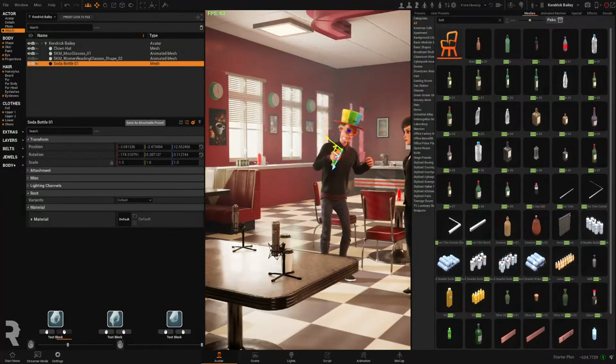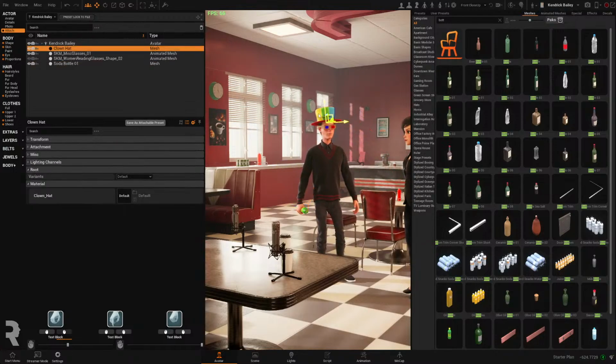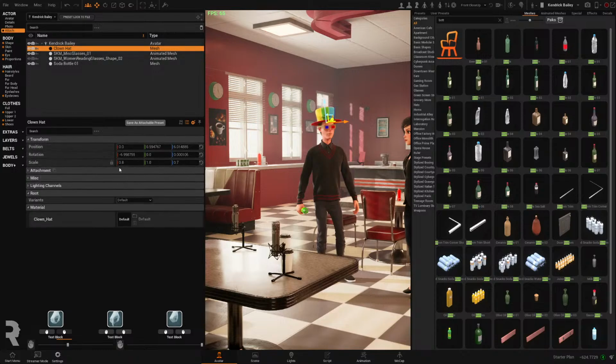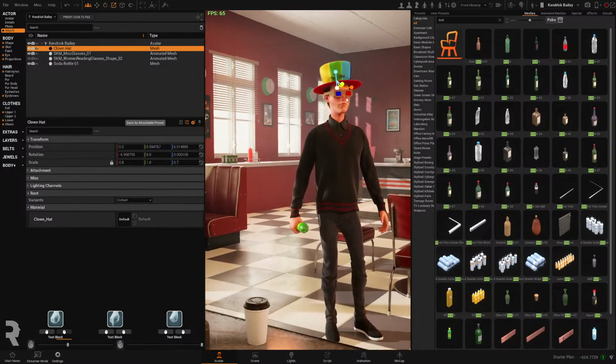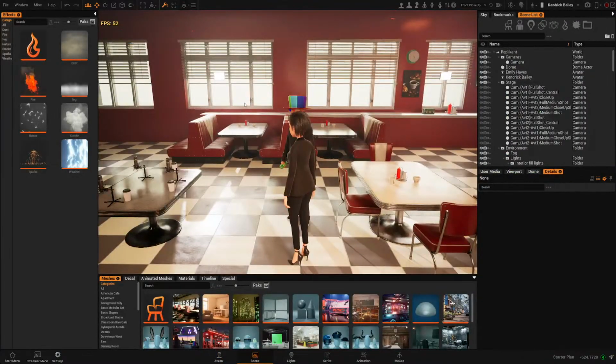Now let's look at the other way. Like for example, the hat here, I want to have that a little bit bigger. Let's do that. Scale that up a little bit. There we go. So now back in my scene,